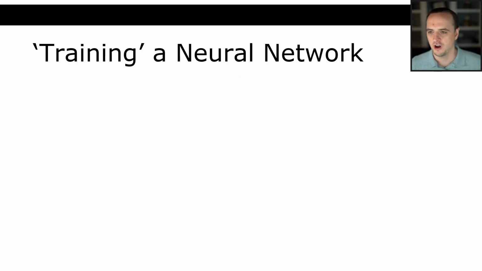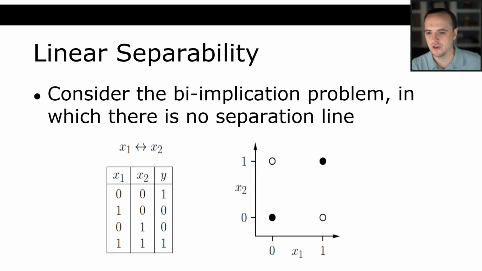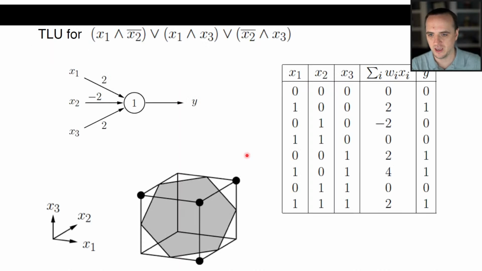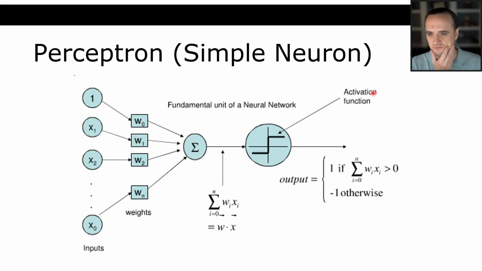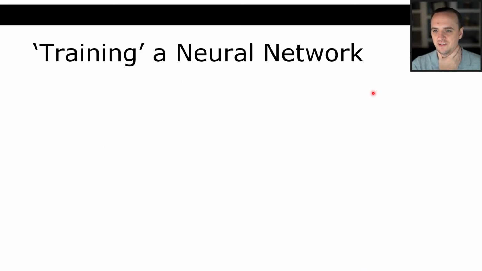You may have heard of the process of training a neural network. So back here, when we looked at a TLU, we came up with these values of the weights, right? 2, -2, 2. Here we had 3, 2, 5. How did we get to those? How did we choose those weights to be the proper weighting values? Well, someone sat down and hand constructed this function. But when you get to larger neural networks, that is no longer a thing that you can do. It becomes very difficult to do those weights by hand.